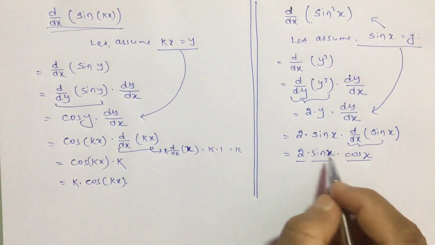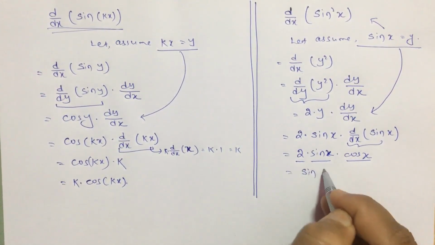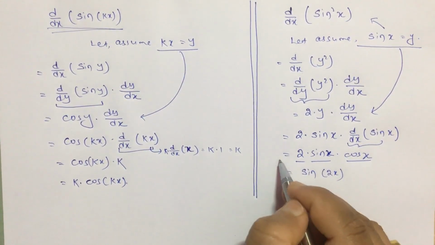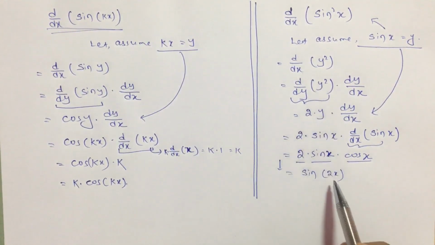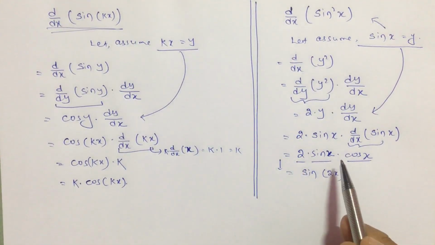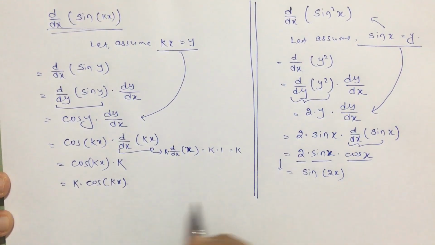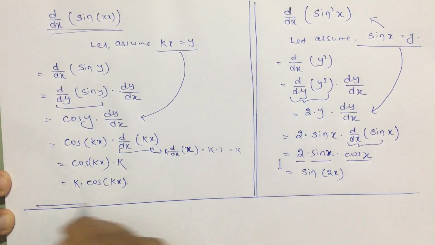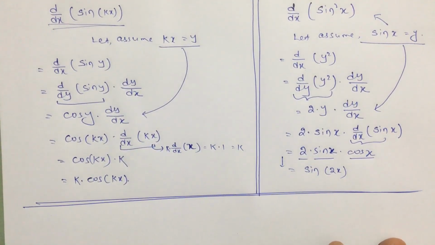Up to here it is derivative, but this is the formula of sin 2x. This is trigonometry, I am not using derivative. So d by dx of sin square x will be equal to 2 into sin x into cos x. Is it clear? But in the exam, we cannot follow this many long steps, because I have already told you